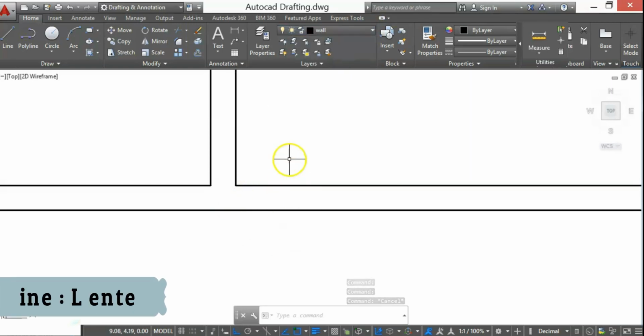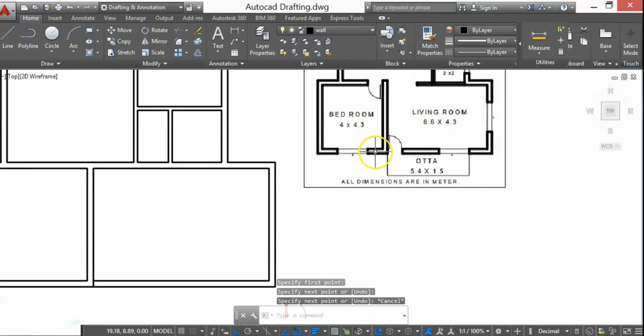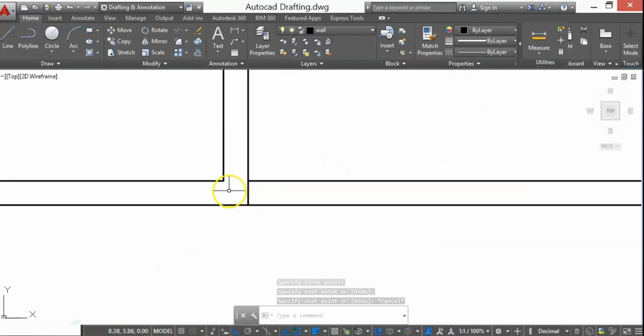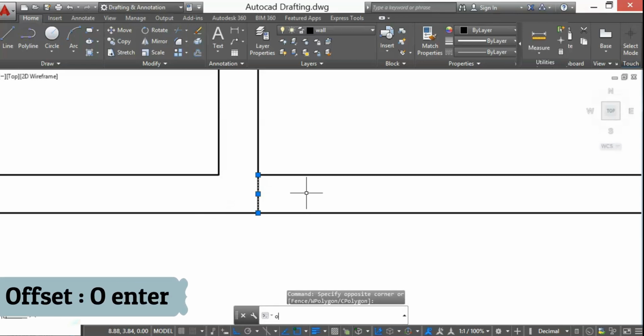So I'll add a line by L, enter. Door is 0.9 meters, so I select the offset command and give an offset of 0.9 meters.